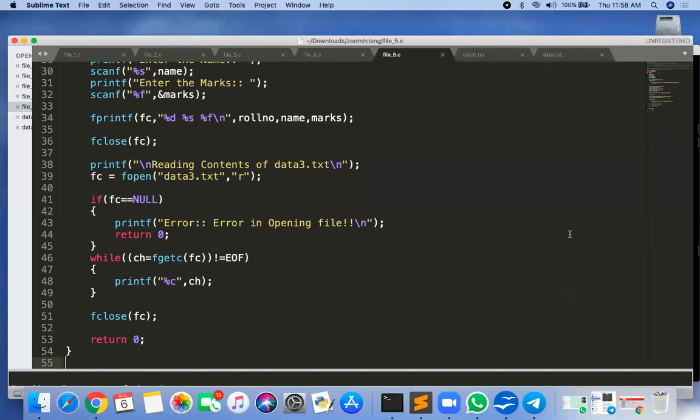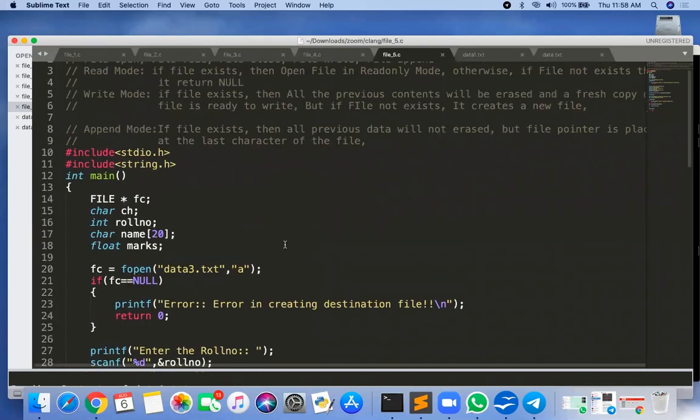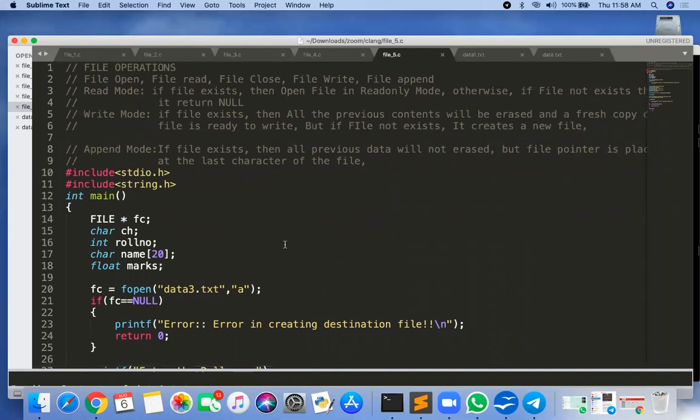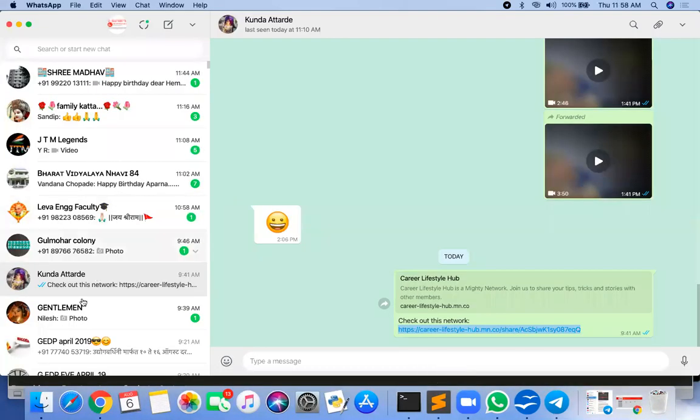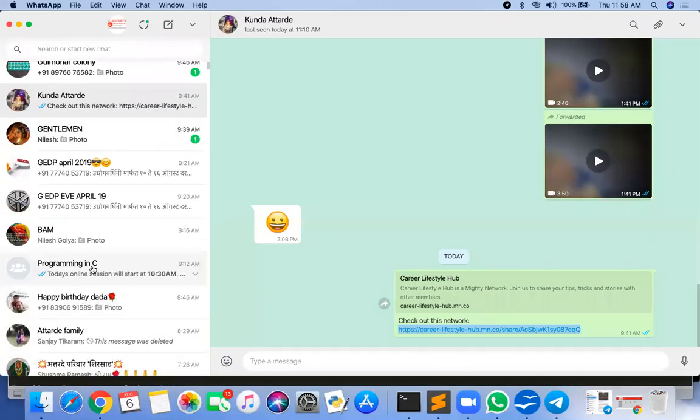Mobile, sir. Okay, that's why you're not getting. So I will send all the files on WhatsApp, because the length of these files is larger, so I am unable to copy paste. Okay, sir. So all the C files I am going to send into the WhatsApp group itself.